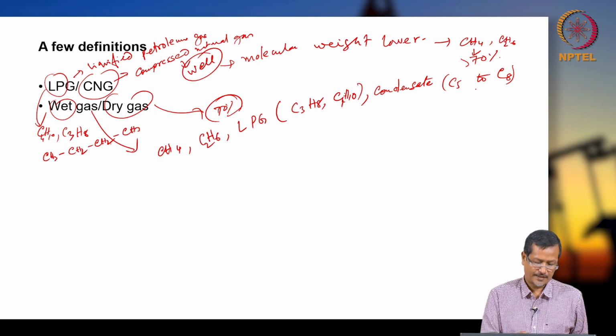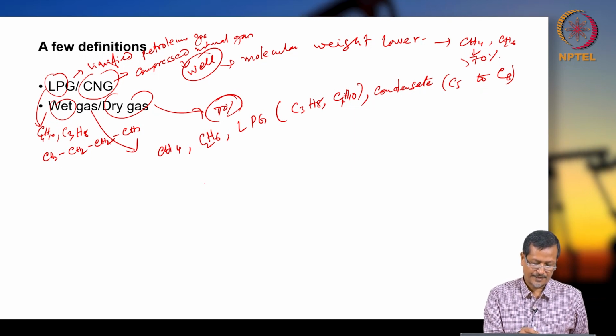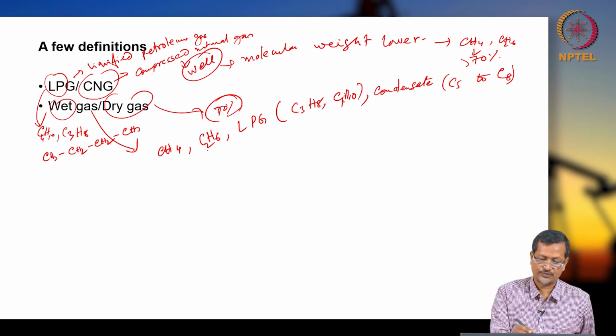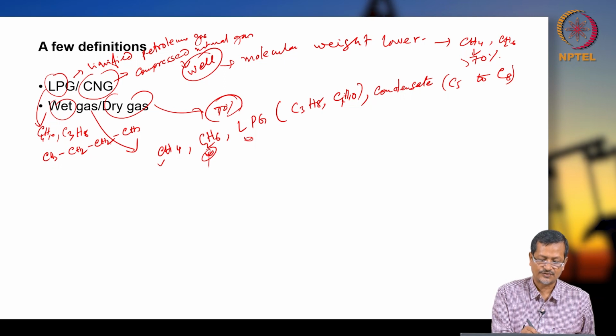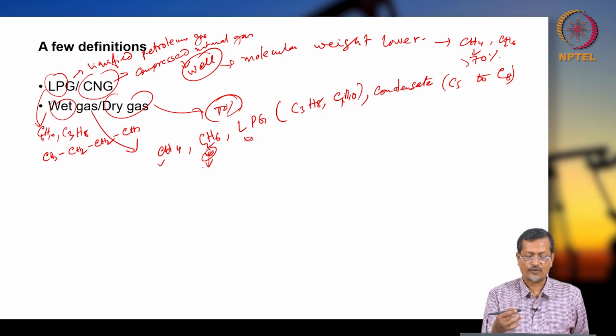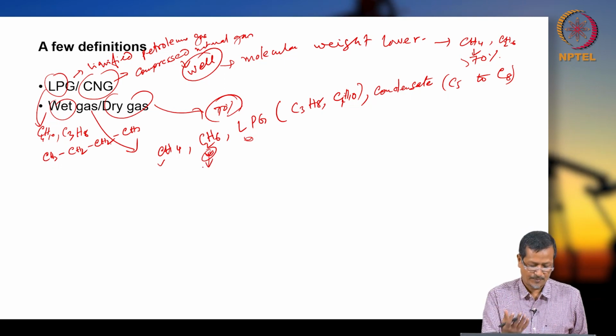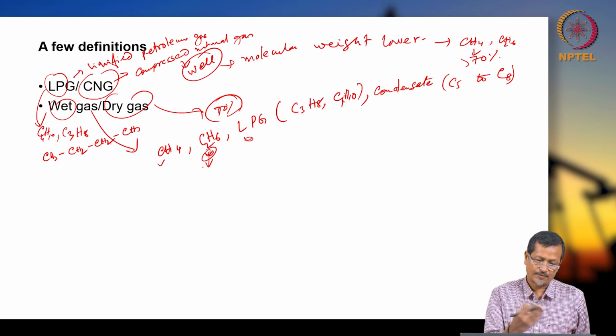will come. So more number of carbon, greater calorific value. So if a larger number of carbon is there, it will have larger calorific value. For example, CH4 and C2H6. So C2H6 will have more calorific value, it will give more heat if you burn it. So heat of combustion,